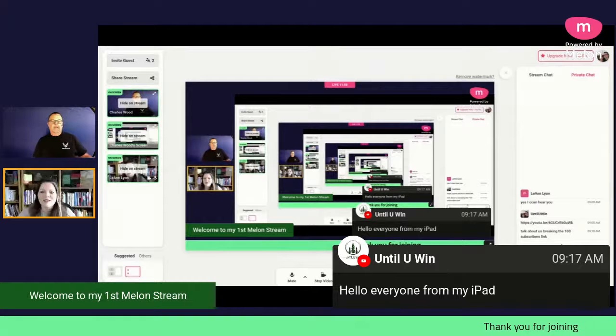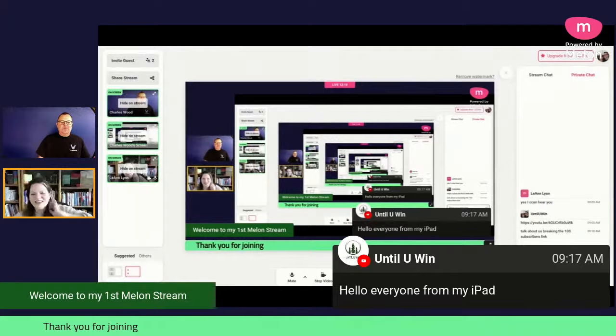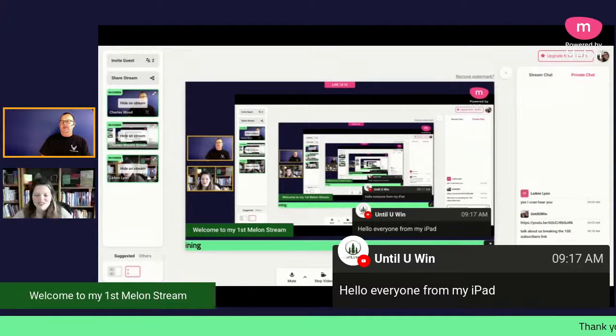So this is how, honestly, people think nerds and tech geeks like Charles and myself just sit down and read the manual and learn this stuff. No, we don't. We get on it. We figure we can't break it usually, right? So a couple days ago when I found Melon, because I just found StreamYard myself also, and I love OBS, and please don't get me wrong, I think OBS is open source broadcasting software, right? It really is the creme de la creme when it comes to